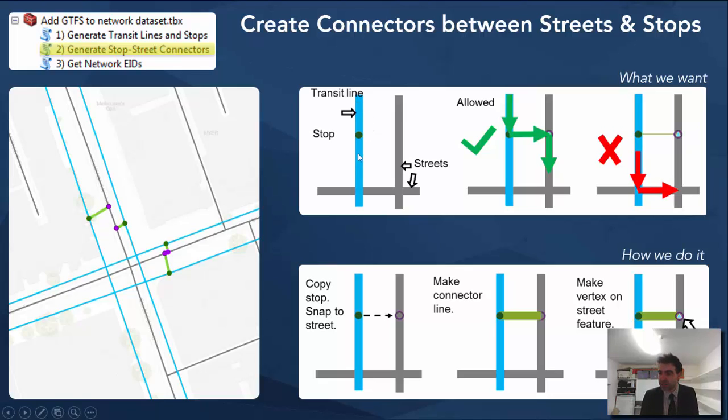So let's just say this is a train line and this is a station. This is the train station stop here. Without more detailed data around the platforms and the pathways around the station, we can just make the assumption that